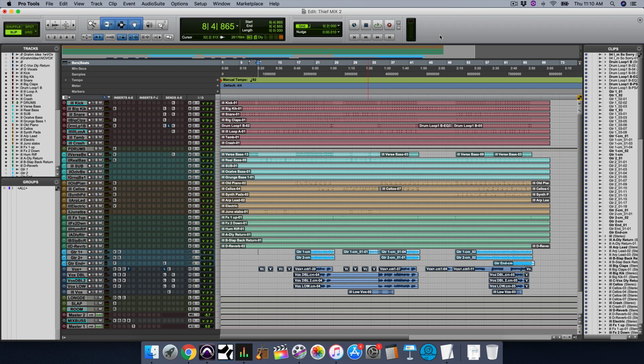Now, why? Well, because this is the hardest part of the song to mix, because there's the most potential for masking. That's when multiple tracks cover each other up due to similar EQ curves and frequencies. Okay? It's very easy to do what a lot of us do in the beginning, which is to start mixing at the beginning of the song.